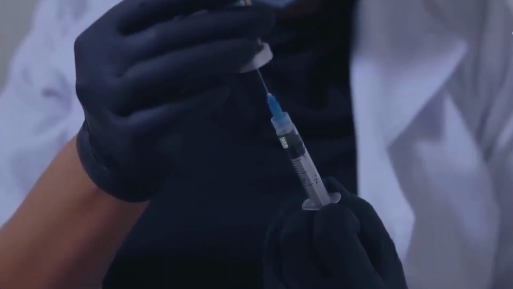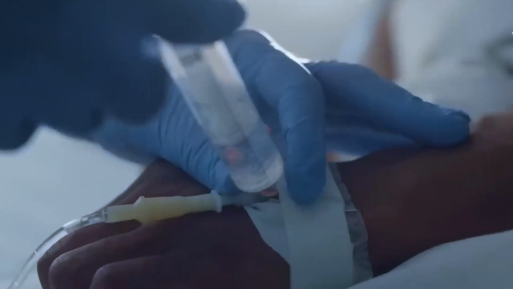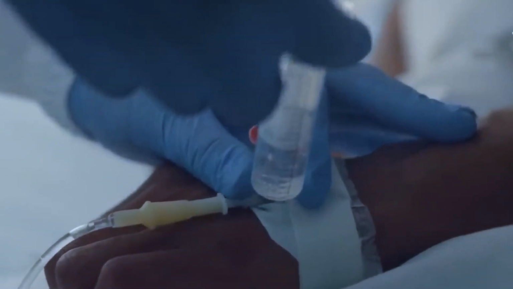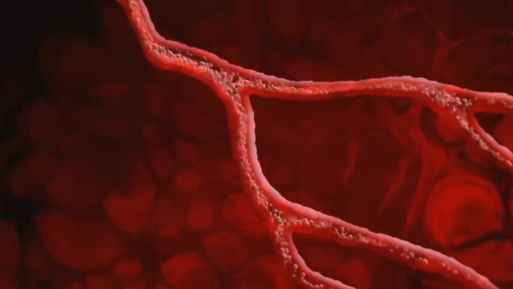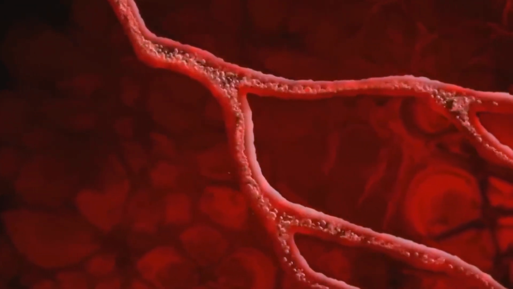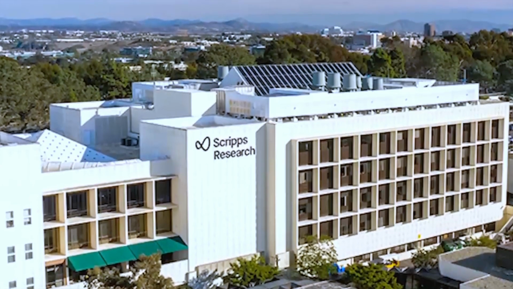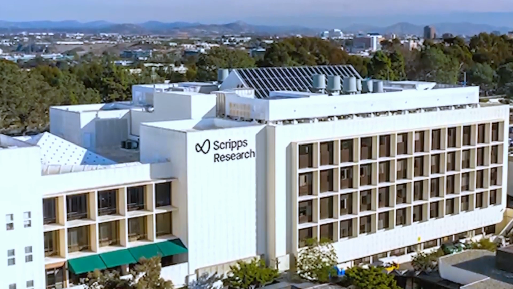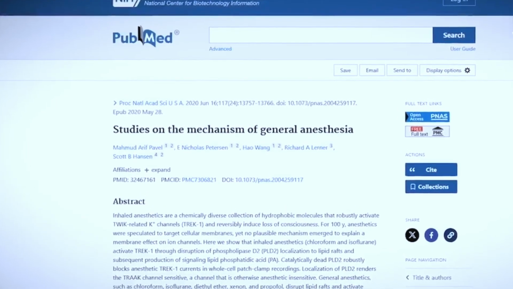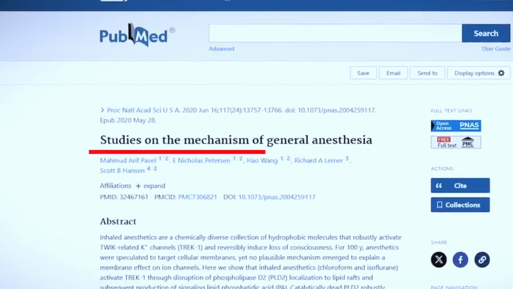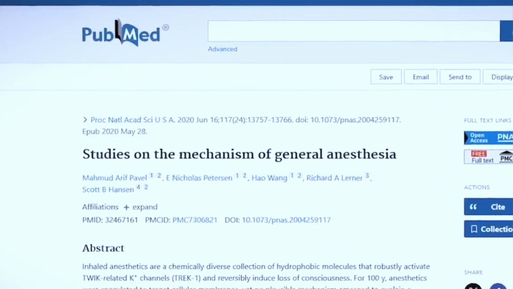Well, what exactly do these drugs affect? When a drug is administered or produced, it immediately binds to the so-called sensory receptors in the cells. And this is confirmed by the experiment conducted by researcher Richard Lerner, founder of Scripps Research Center in San Diego, California. It is the experiment that he conducted on the fruit fly under the title of the General Anesthesia Machine,